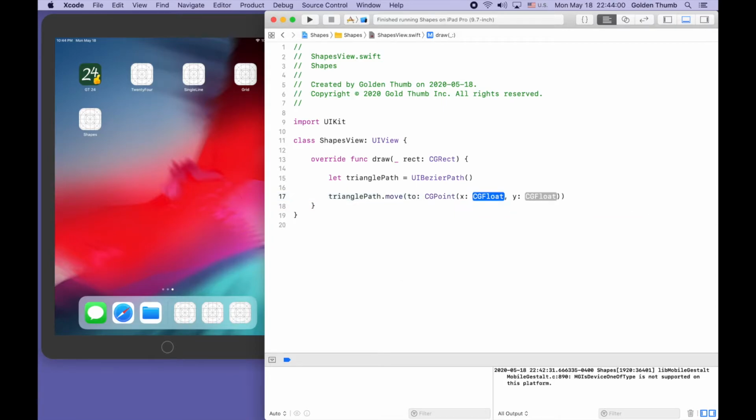Let's say 100, maybe 120 to 150 is our first point. No, I think we can put it here, like 200, and now we can